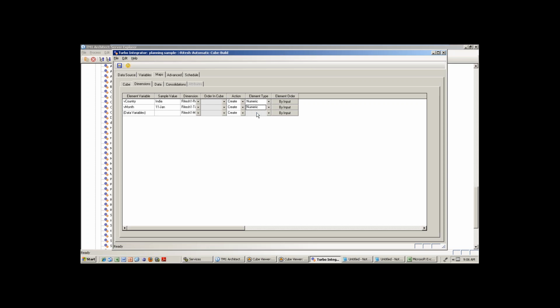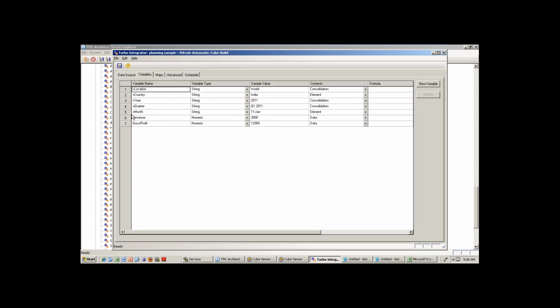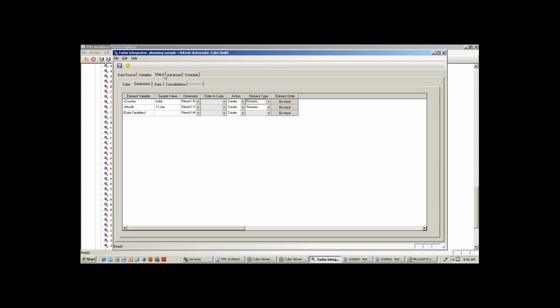Because I think this is some practical example, right? Maybe I can put here a comment as one string measure, but I shouldn't put here string because some numeric measures are used in the gross profit and revenue. So you have to go for numeric one. But if you think the entire cube has only one string measure available, then only you go and change that element type to string. If one single numeric measure is also there, you shouldn't put it. That is a very, very important question. But anyhow, I will come to it one by one, right? Variables and mapping. That time I will explain you more than this clearly.